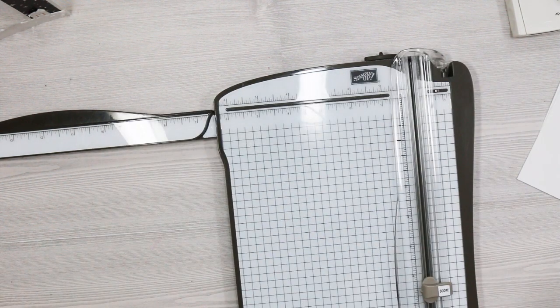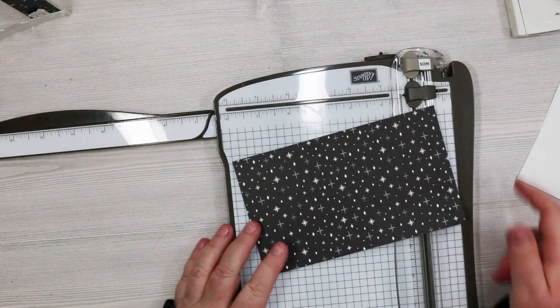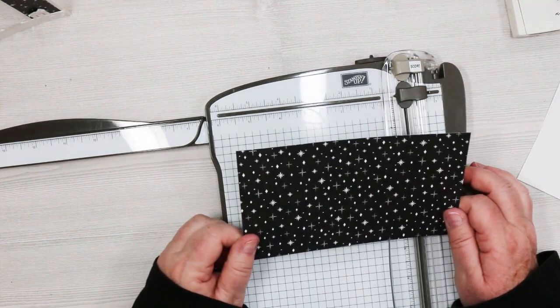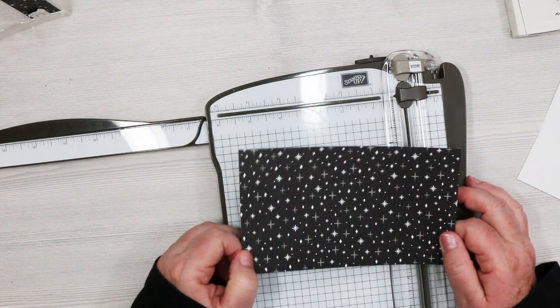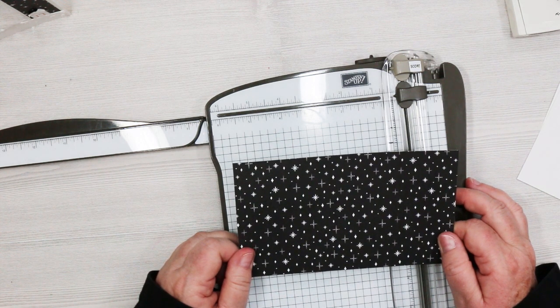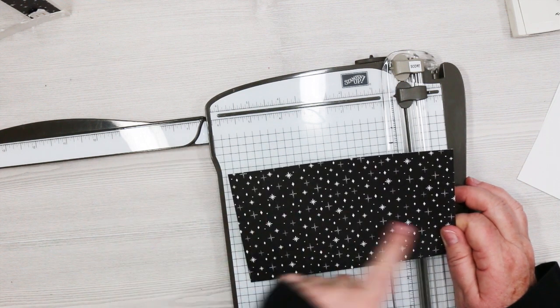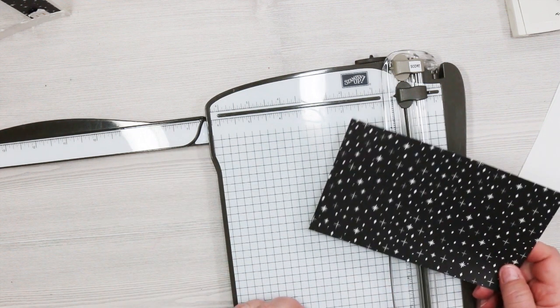All right. There we go. So I've got all those done. I'm going to bring my cutter back in because I'm going to show you what I did with the designer paper. And so this again is a piece of Merry Music, and it's also in the holiday catalog. And I started with the piece being 4 tall, 6 3/4 long. And we are going to